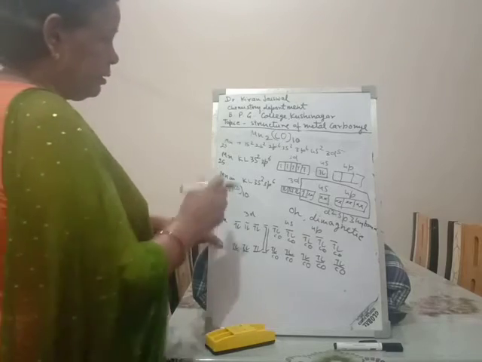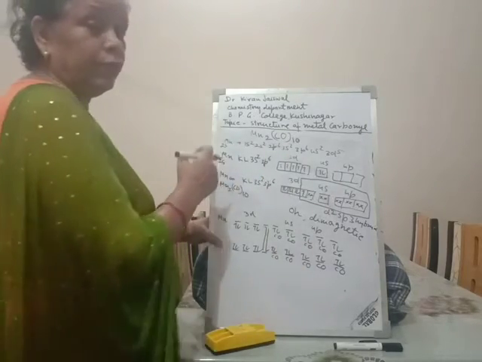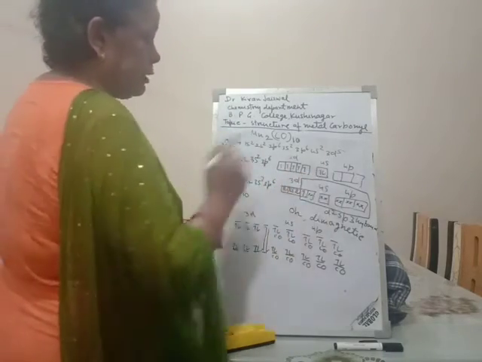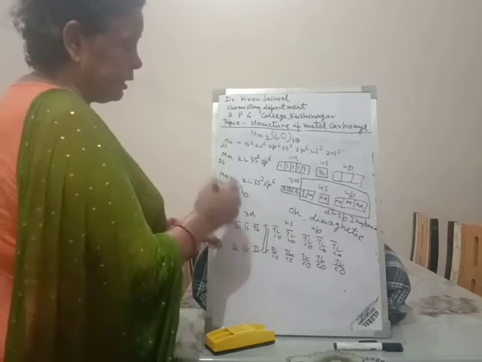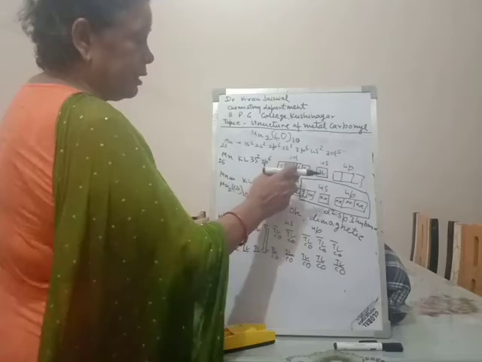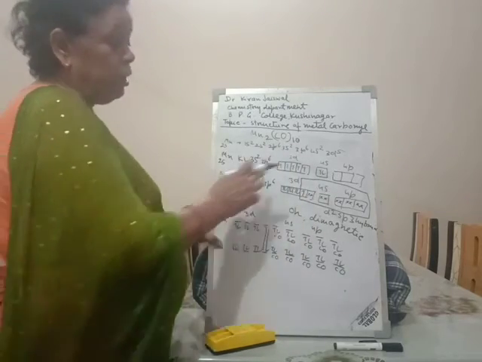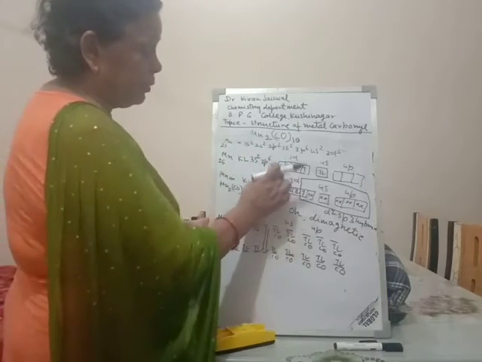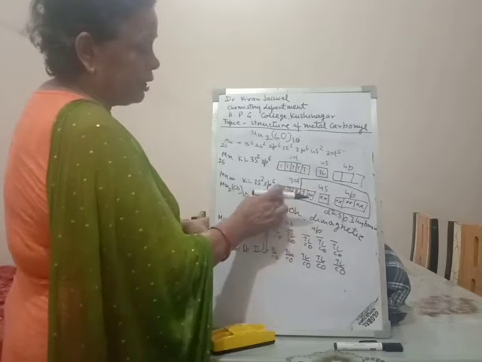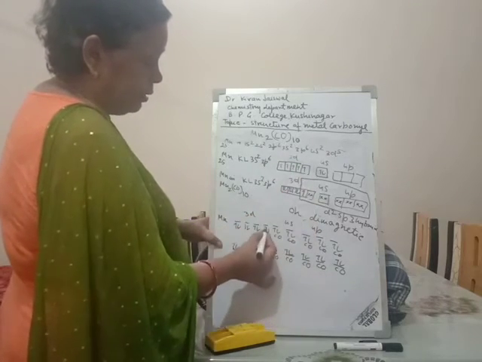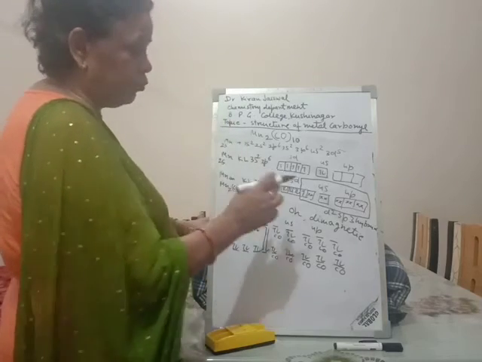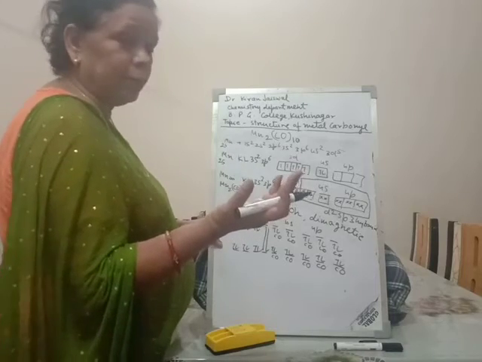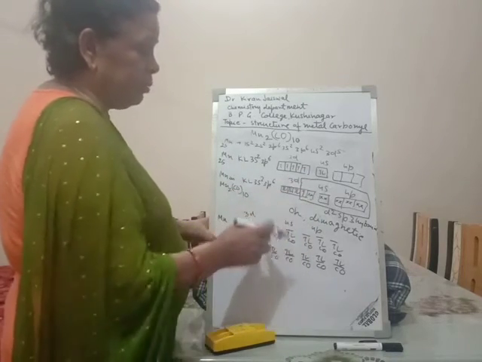This is a very important structure of dimanganese decacarbonyl. This is the ground state electronic configuration of manganese in dimanganese decacarbonyl. Here the energy of the s and d orbitals is nearly the same, so the electron from the s orbital moves into the d orbital and these electrons will pair. There are two manganese atoms. One half-filled orbital of a manganese atom overlaps with the half-filled orbital of the other manganese atom and forms the manganese-manganese bond.